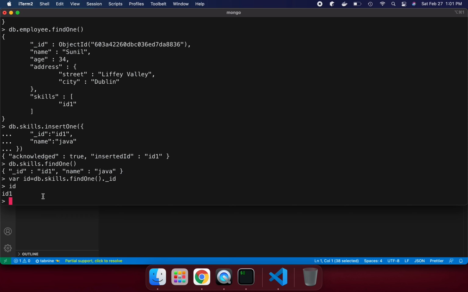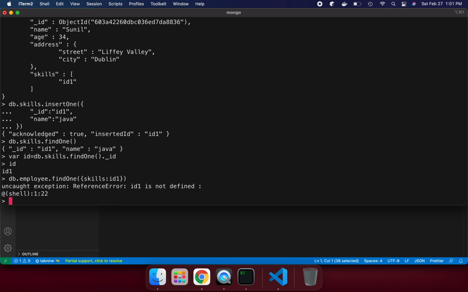So if I want to query my employee collection, I will say db dot employee dot findOne, right? Here what I need to do is pass skills colon id 1, right? Sorry, id 1 is not defined.